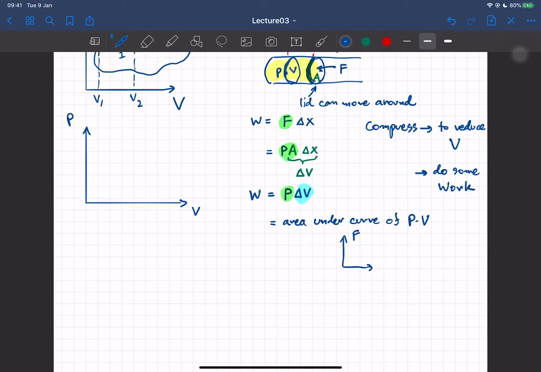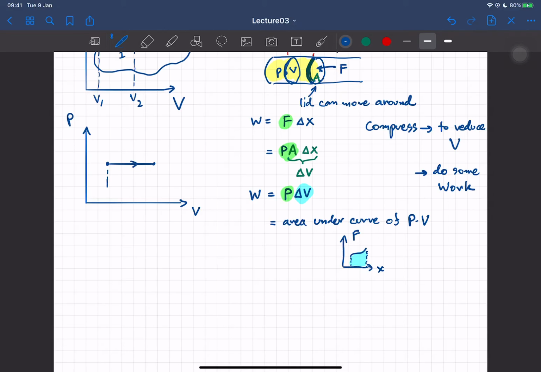So if you have F and X, and then you move like this, right? The area under the graph, under the curve here, this area, that gives you work, right? And that's because W is given by F delta x, right? So now we just rewrite things to have it in terms of pressure and volume. So in a PV diagram, the area under the curve is the work done, okay? So for example, if you move from one point to another point on the PV diagram, maybe from here to here,